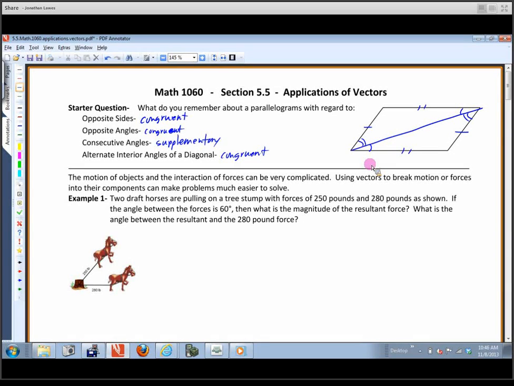So the reason we study vectors is because if we have something that's moving or forces that are interacting, we've got two forces pushing on the same object or something like that, that type of motion and that type of problem can get very complicated. And if we use vectors to break that motion into its components, it can make it a lot easier to solve, and we can figure out some fairly complicated problems. So we're going to take a look at